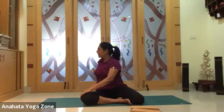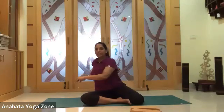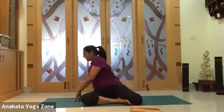Inhale, come back to the center, stretch your hands. Exhale, I'm not leaning forward, just turning my trunk more and more. The movement is coming from the waist all the way to the right. Inhale, come back all the way to the center. Exhale, you might want to watch first before you go into the pose. You are going to turn a little bit further. Okay, turn a little bit further,